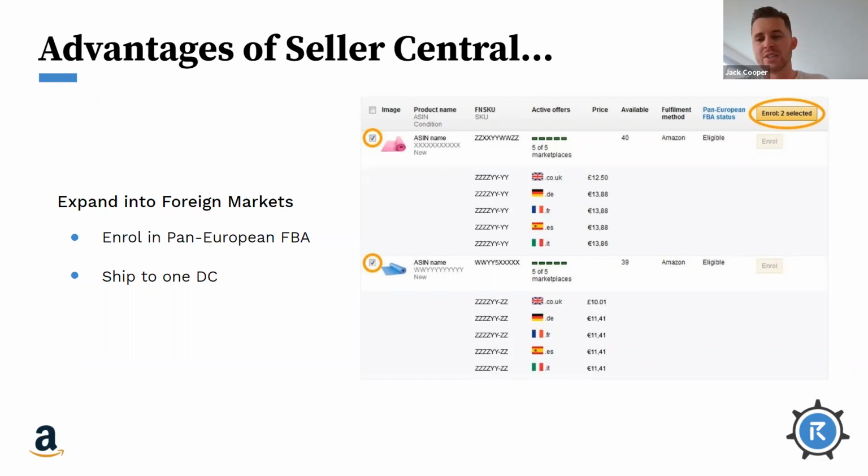Finally, as well, this has changed slightly due to Brexit, but it's still available. You can have pan-European fulfillment, which means you'd ship to one region in the EU, say France, for instance. We actually have a client that's doing this now. Ship to France, and Amazon will fulfill across the rest of Europe. So this is really key, having that control around which markets you're selling in that you'd have on Seller Central, while still benefiting from using their fulfillment network.